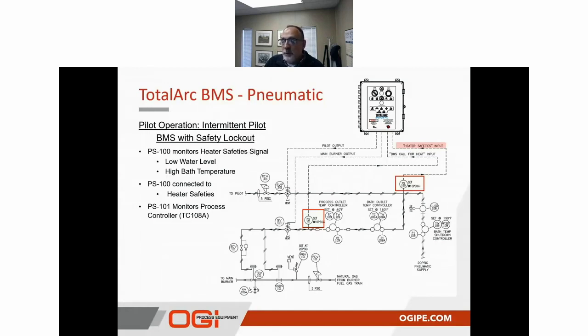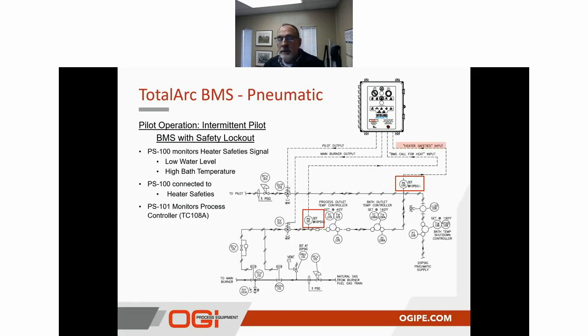One would say, well, what's the difference here between the first version and this one? Well, the primary thing is that the bath temperature, in some cases, some of our clients who require or request a second bath temperature controller that is well below, in this case, you can see it's approximately 30 degrees below the high bath temperature shutdown. This way, the process temperature and the bath temperature are both influencing the operation of the burner,